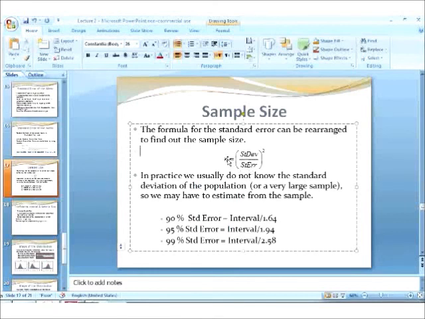Otherwise, when we have more sample size, the standard error will be low. When we have a higher sample size, the standard error will be low, or when we have a smaller sample size, the standard error will be high. So to reduce the standard error, we always need a higher sample size. So if our claim is that we are 90% sure about our data, we are 90% confident about our claim, then the standard error is equal to